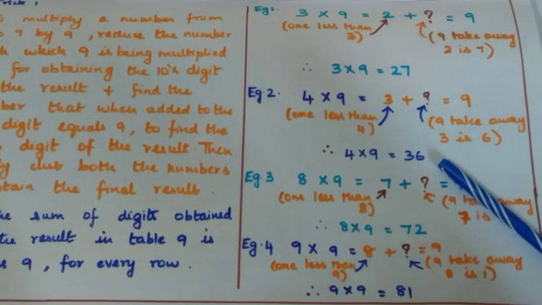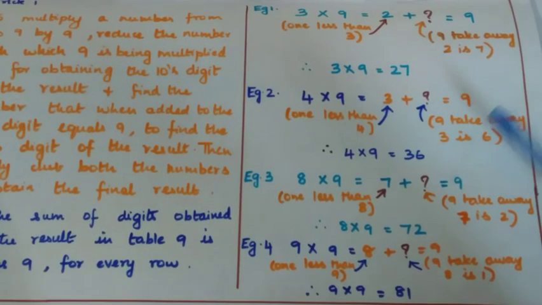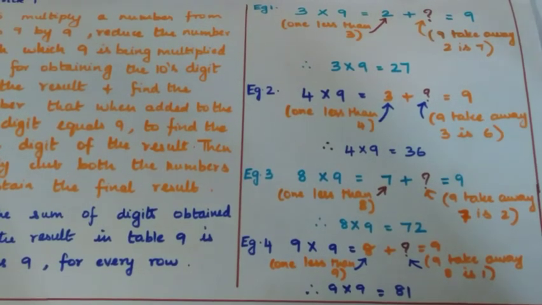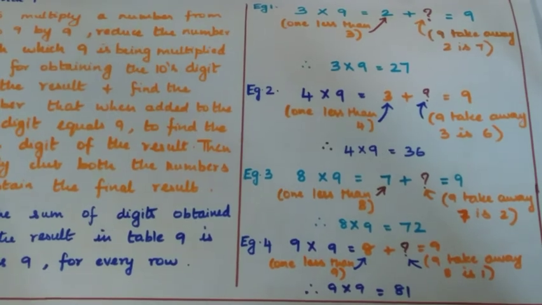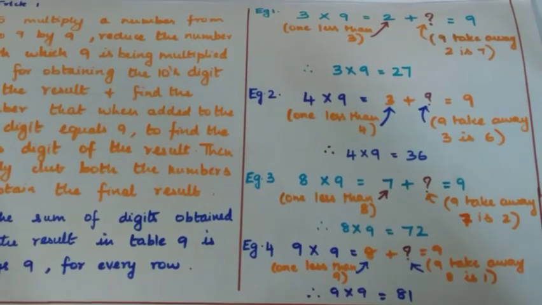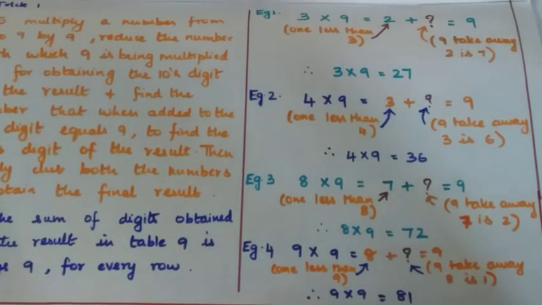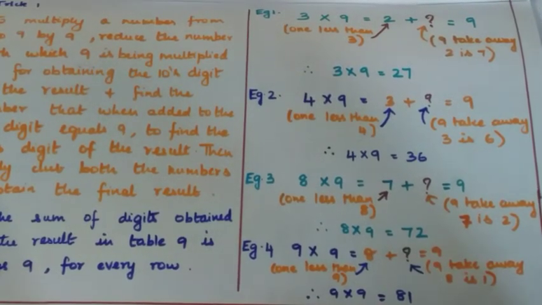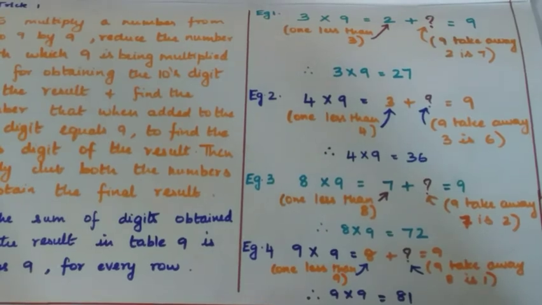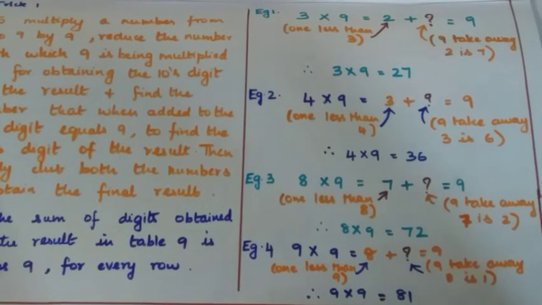It's the most effective and the best trick, but for kids who feel that this trick is also a bit difficult to understand and answer instantly, then you can introduce another trick, which is a universal trick that most of the kids follow for multiplying a number by 9. So now let's see that trick.